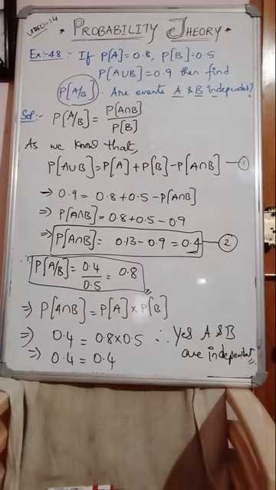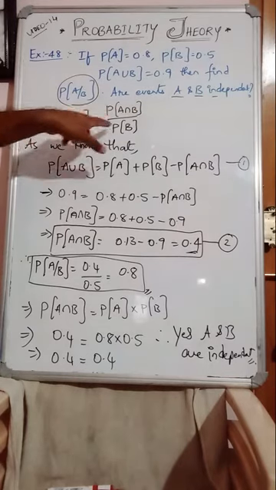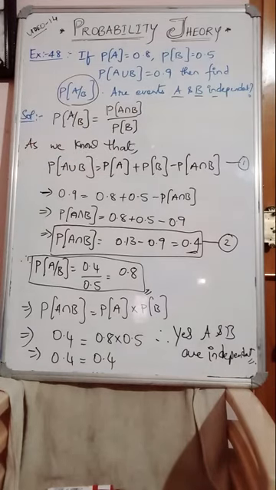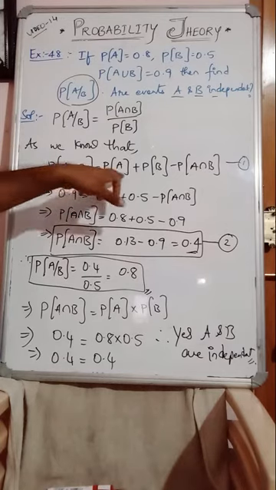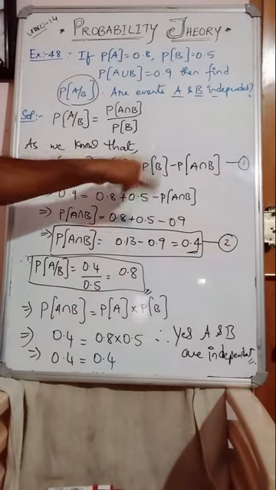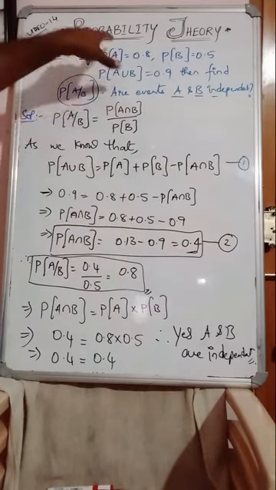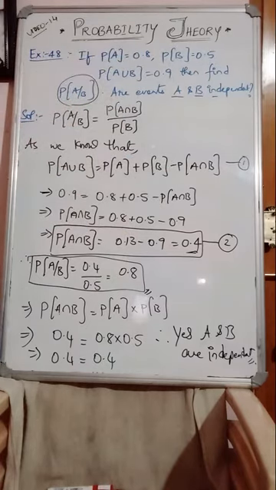Just have a look once again. So this is the formula: P of A given B equals P of A intersection B by P of B, according to the conditional probability formula. As we know, A union B equals this one. Why have we used this one? Because we need A intersection B. Using these three formulas, in which formula do we get A intersection B?